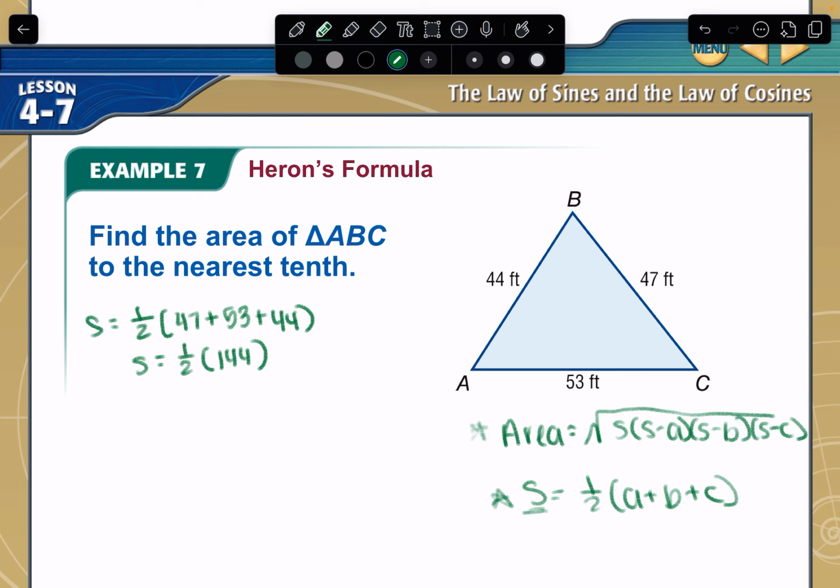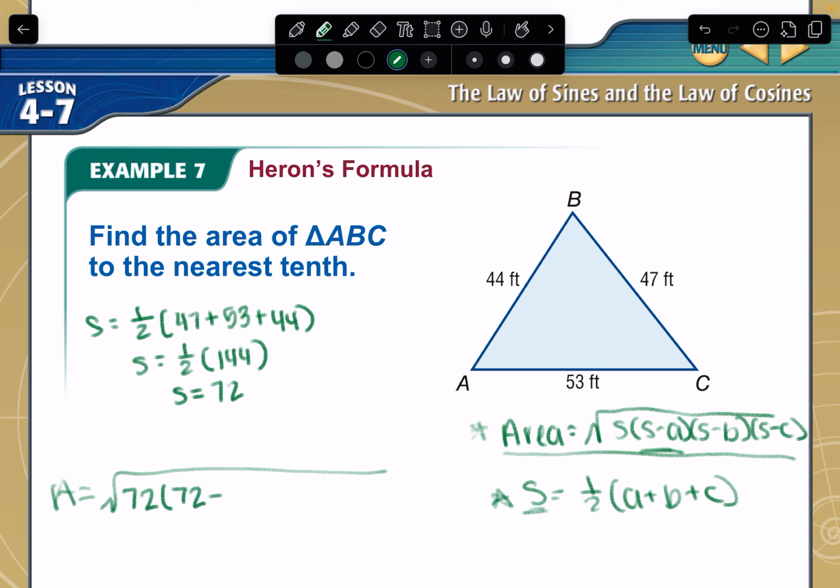Then when I multiply that by 1/2 or divide by 2, whichever way you want to think about it, I would get that S is equal to 72. So that's going to now help me plug into this actual formula, which I need. So plugging into that, I have the square root of S, which is 72, then S minus A, which would